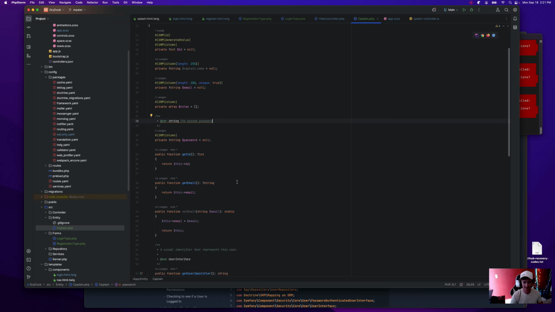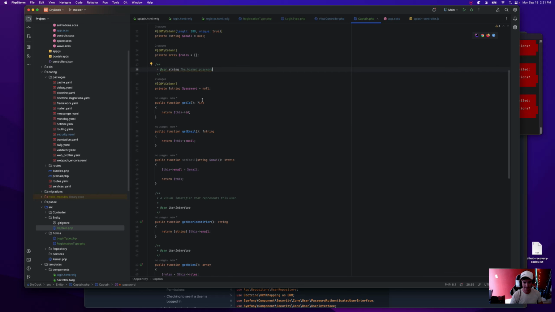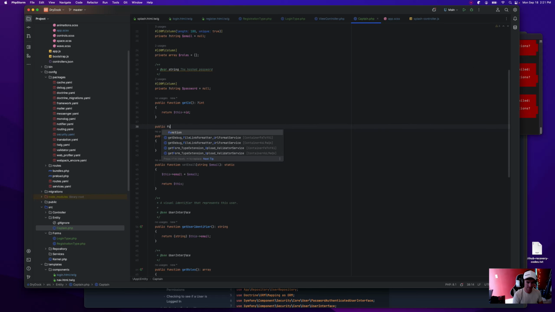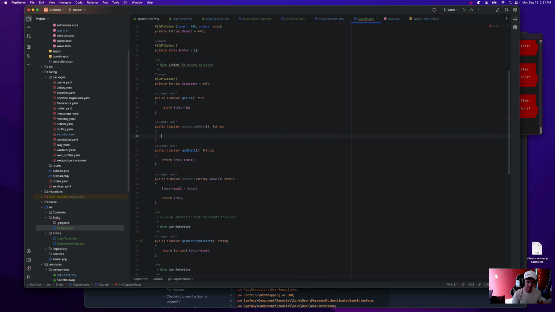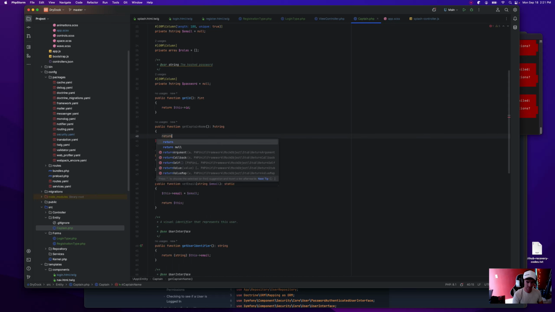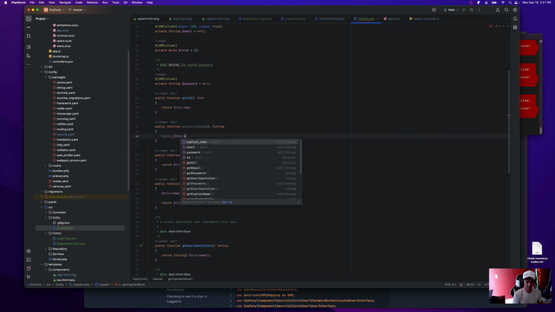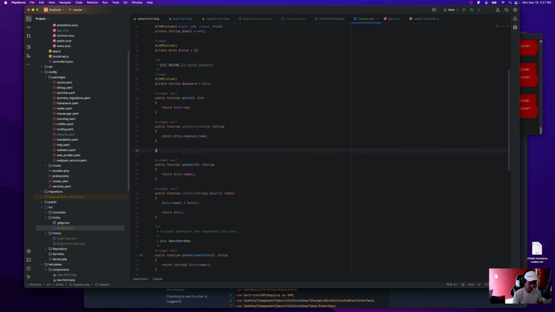And we'll just do get and set. Cool. Public function setCaptainName.